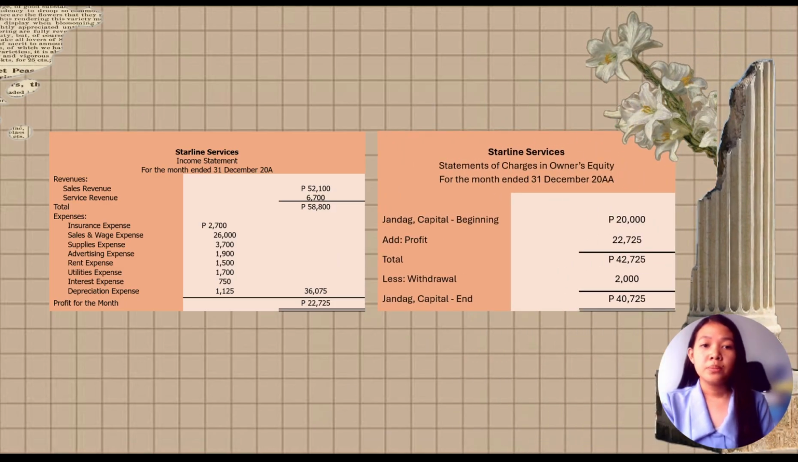So, statement of changes in owner's equity. This statement explains why the owner's capital changed during the month. Update owner's capital. The profit affects the owner's investment. We have here the beginning capital, 20,000. Added for the net profit, we have 22,725 pesos,